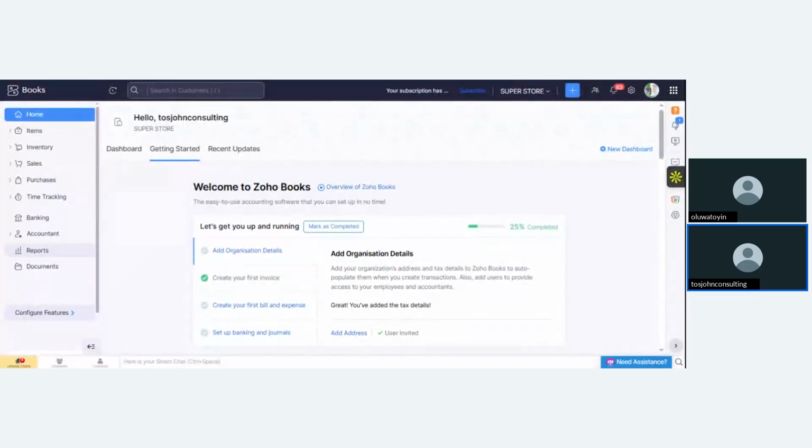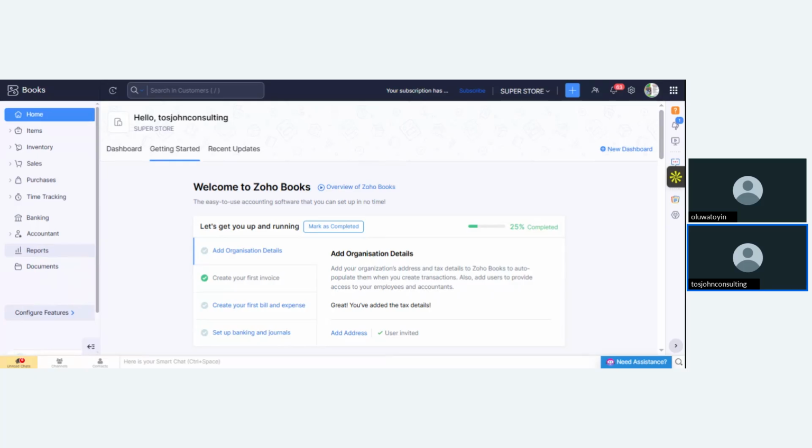So every company has been mandated to implement this e-invoicing. So for you to have e-invoicing implemented in your organization, you need to have accounting software. Do you understand? And this Zoho Books is suitable for it.